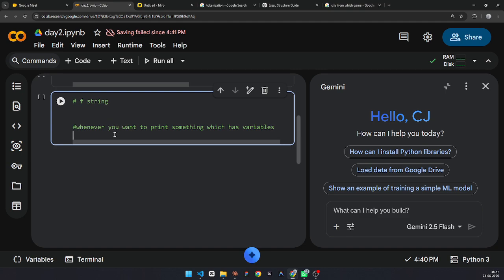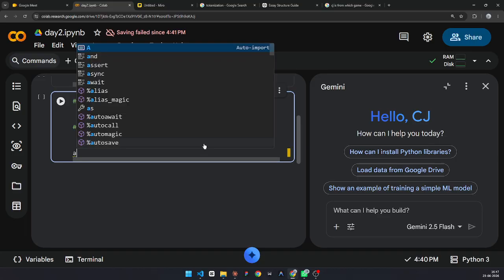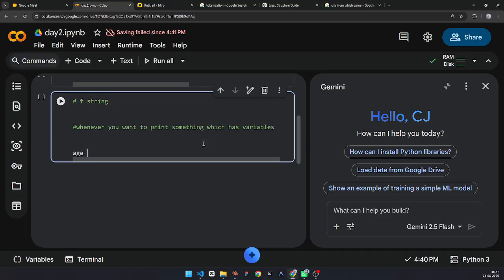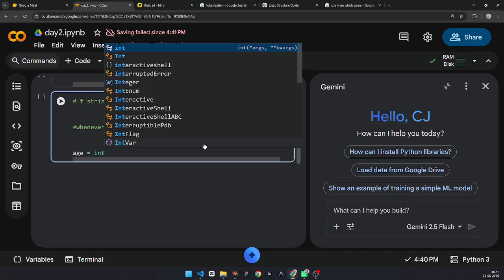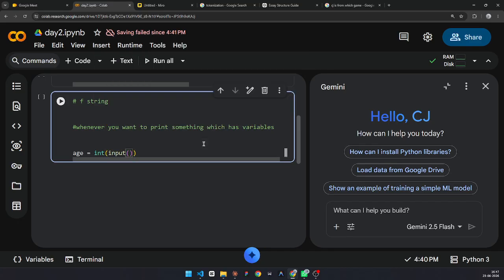Suppose I input age is equal to int, integer input bracket, what's the age?